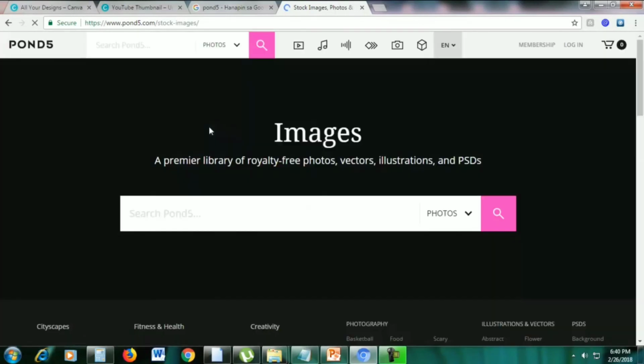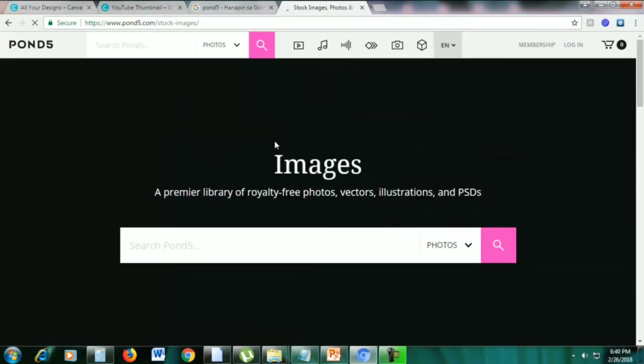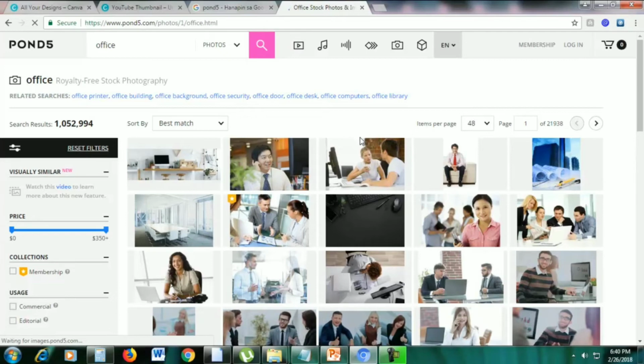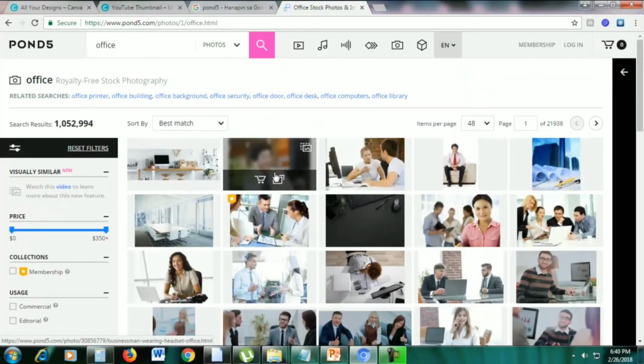I'll just show you some. You can just type it here, what kind of photos you're looking for, for example, office. Again, this is a paid site. You have to pay for the royalty free photos here. So let's